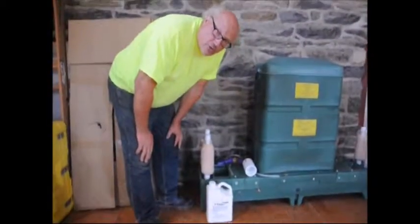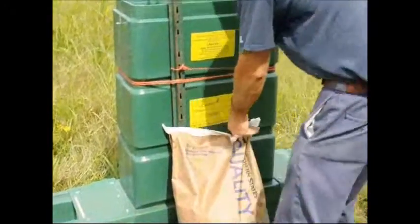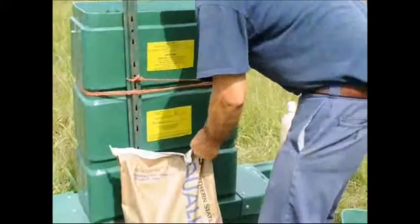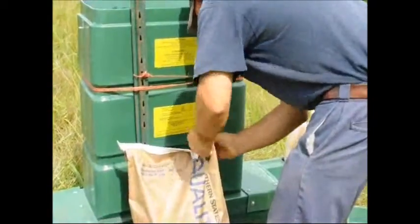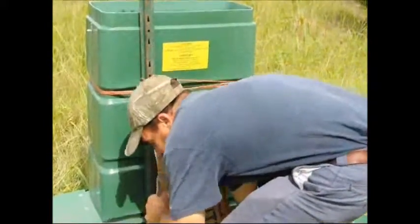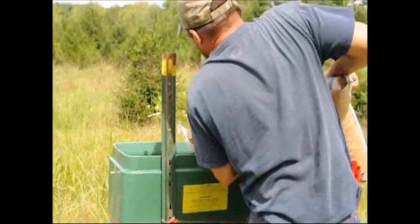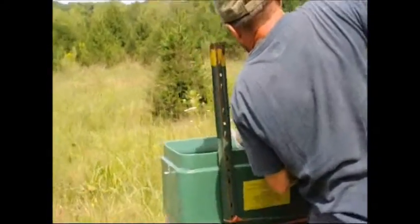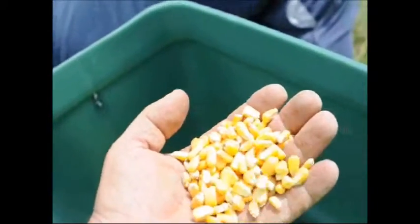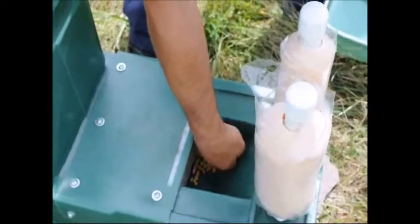The directions are thorough. When placing corn in the feeder, do it on a dry day so the corn does not get moldy. Deer will not eat moldy corn, and moldy corn won't flow through the system to the troughs where the deer feed. We like to keep track of the amount of corn that is consumed, because with the knowledge of the amount of corn consumed, we can figure out, using our pesticide label, how much pesticide to add